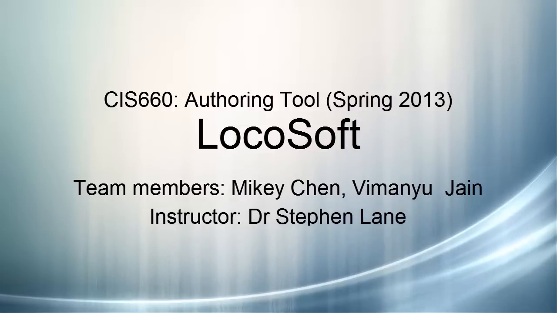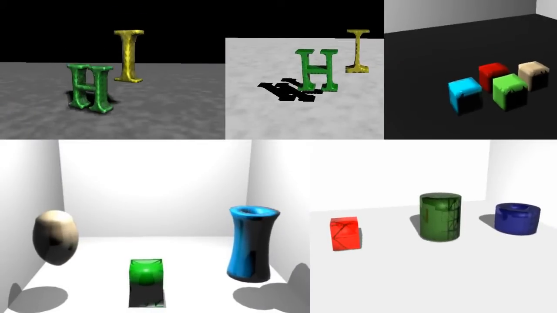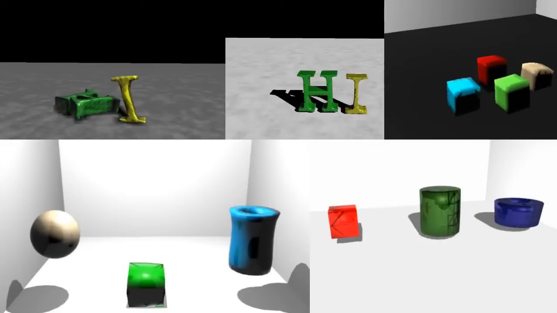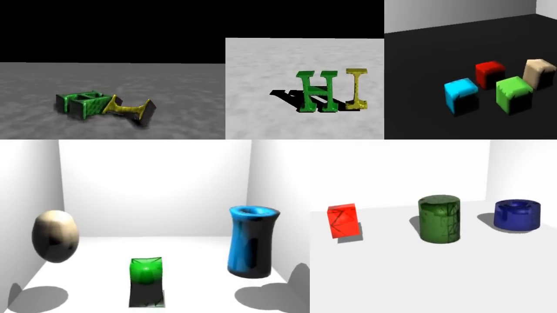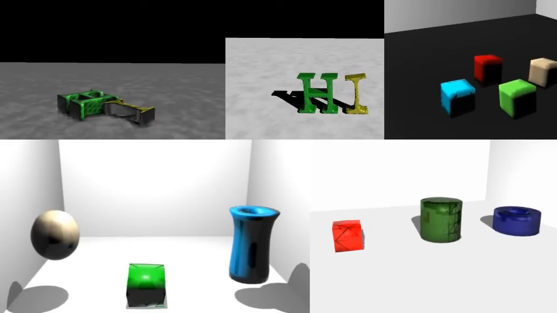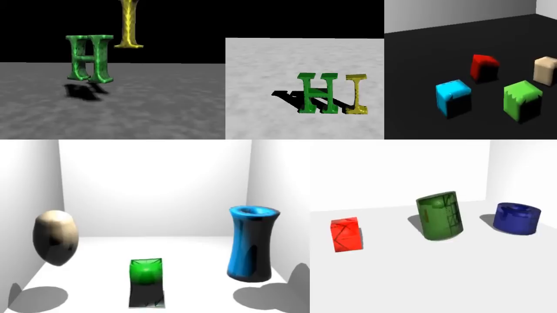The authoring tool that we have developed under the guidance of Dr. Lane is called Locosoft. Let's first look at some of the results. In the first two videos, you can see our tool being used to simulate arbitrary geometry such as letters. We have provided basic collision and contact handling with the ground plane with adjustable contact forces. The two simulations differ in their Young's modulus value, with the one on the right being much stiffer than the